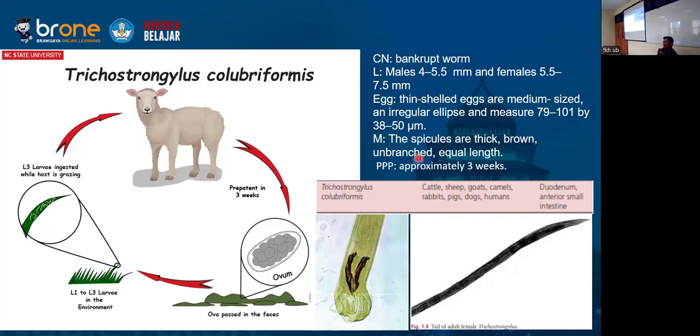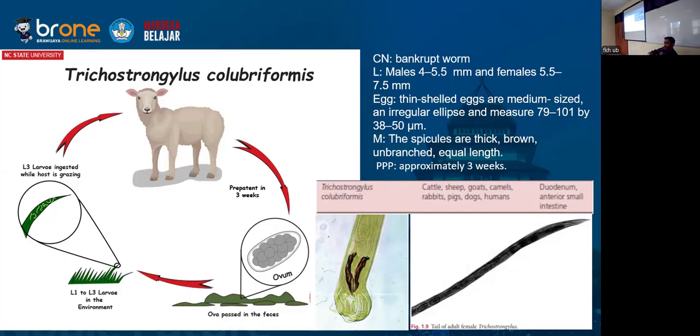So the farmers gave this worm the common name bankrupt worm. Male is smaller than female, and the spicules are thick, brown, unbranched, and of equal length. Prepatent period is approximately 3 weeks. This is Trichostrongylus